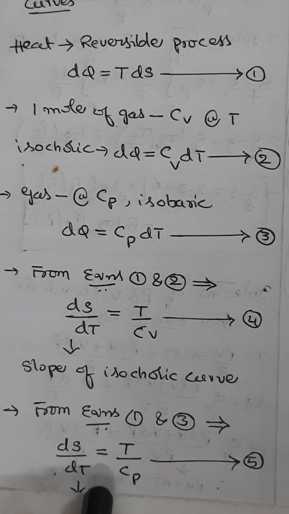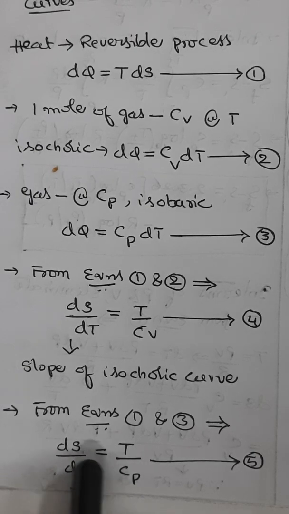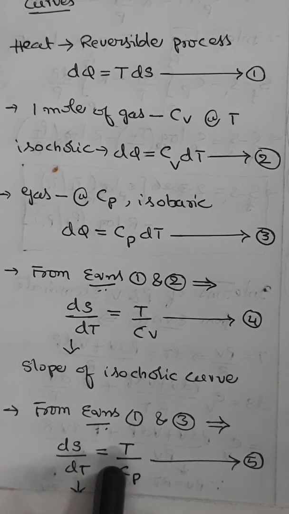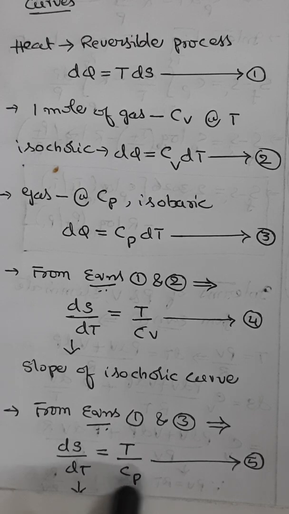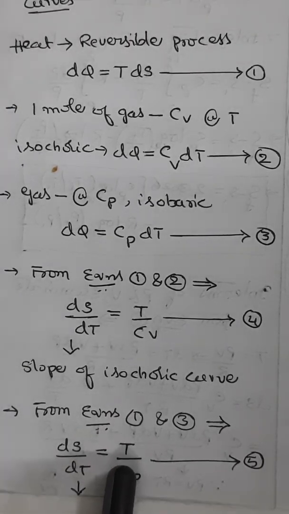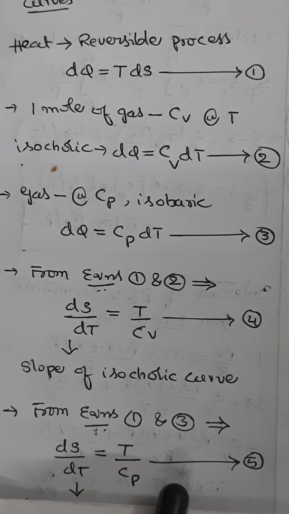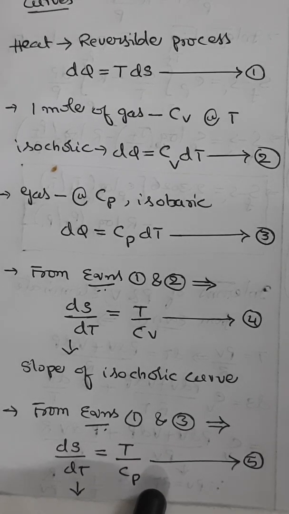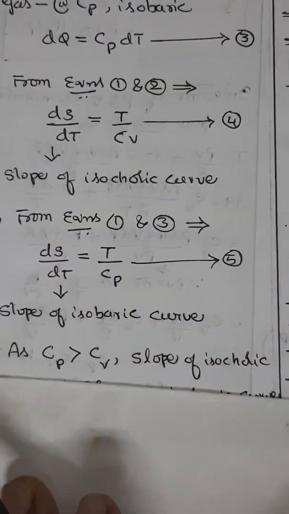But because Cp is always greater than Cv, the slope of the isochoric curve is greater than the slope of the isobaric curve. So therefore, based on this, moreover, we can conclude that